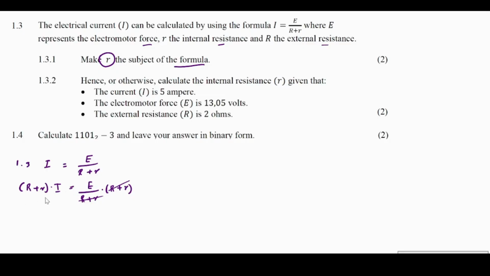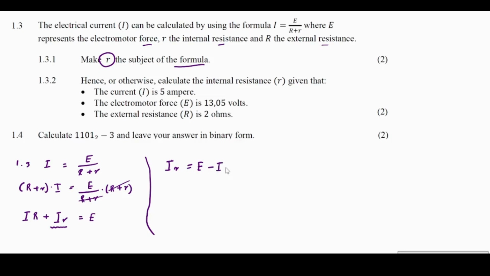So on my left hand side here, I'm going to remove the brackets. I'm going to have I r plus the capital letter I and R. All of this is equal to E. So you see the one that I'm looking for is here. So I don't need this one. I'm going to transpose it to the other side of the equation. So when you transpose this one to this side, you're going to be left with I and r, all of that equal to E